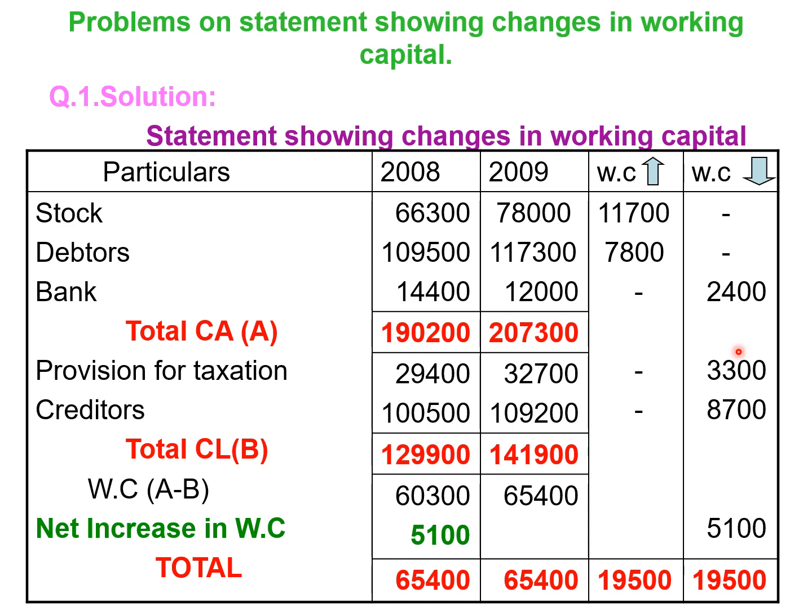14,400. Students, listen carefully. If you look at the last two columns, increase is 19,500, decrease, there are three decreases, you get 14,400. So 19,500 minus 14,400, you get 5,100. So the answer of the first two columns and the working of the last two columns matches. So compared to last year, in the current year, working capital has increased. Let us go to the second problem.